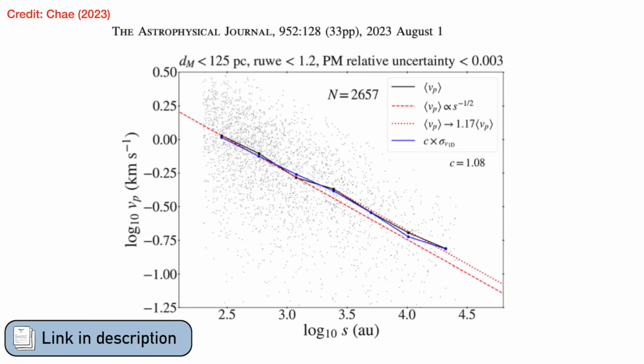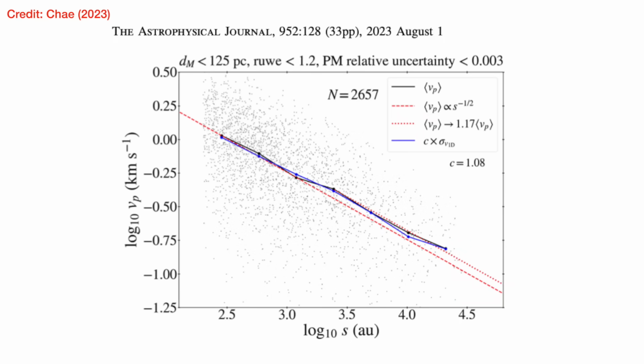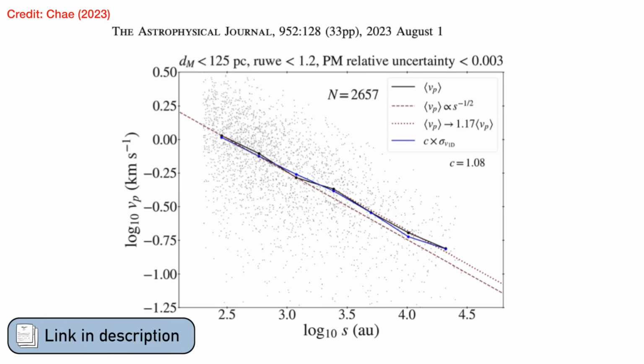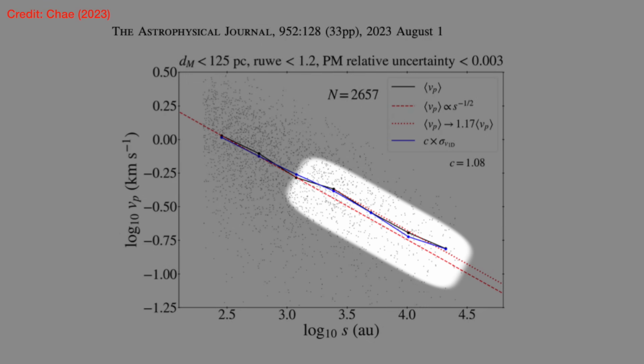They claim that from this diagram, which again shows the separation against the orbital velocity, with all of this scatter on the individual wide binary pairs that they're testing, if they binned that data and said, okay, take all of the stars at this separation and let's work out the average and do that in these bins, and they get these average points that are joined together by this line here, then they could see this deviation away from what Newtonian gravity predicts and instead matches what MOND predicts. Comparing scatter points to lines is not exactly the most rigorous way to test this though.